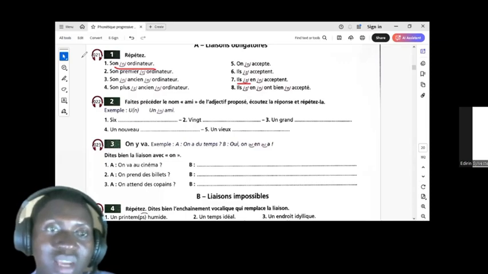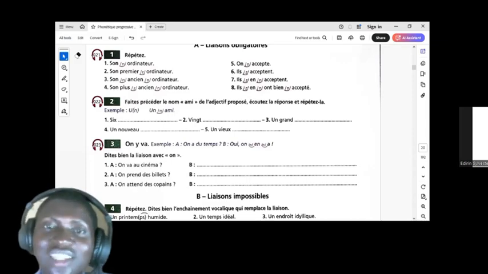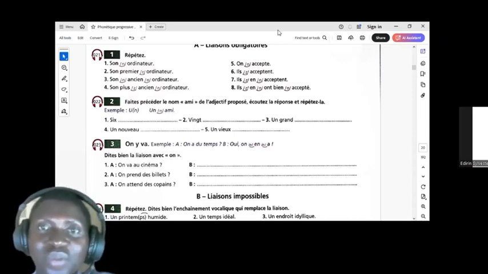you are going to get mastery of it, and French becomes very musical and poetic. You also understand when French people are speaking. So at this junction, we're going to be stopping the video on continuity in French, and we have seen these three types of continuity: enchaînement vocalique, enchaînement consonantique, and then liaison.